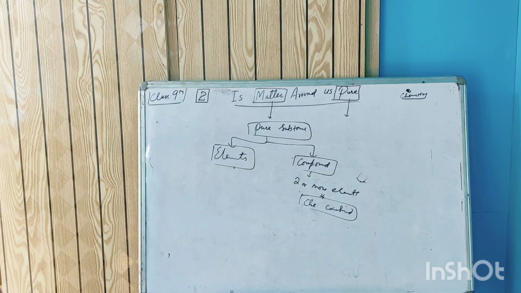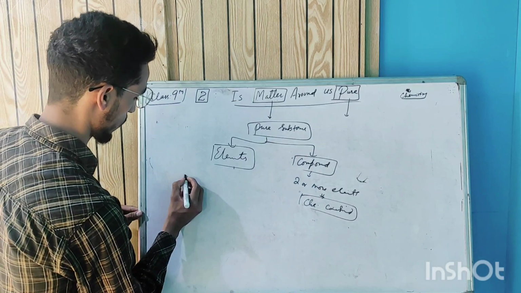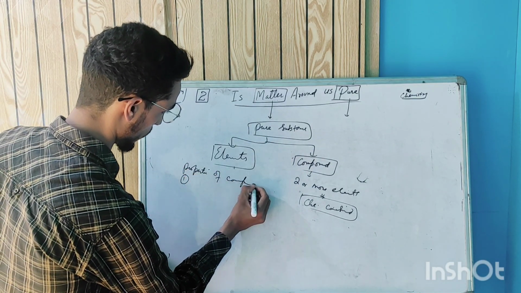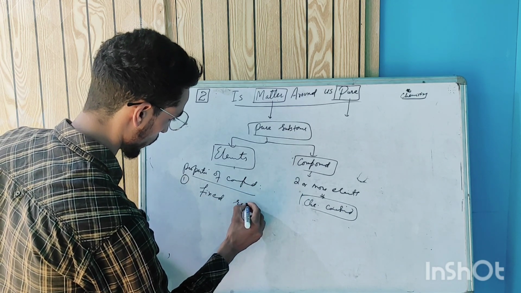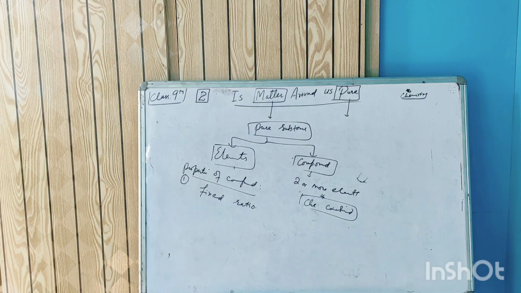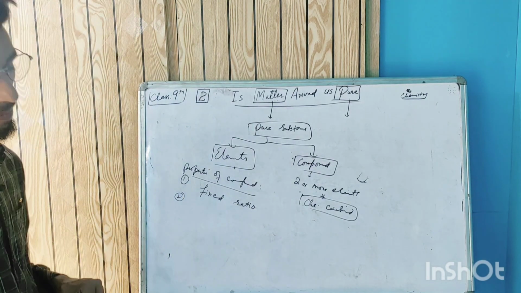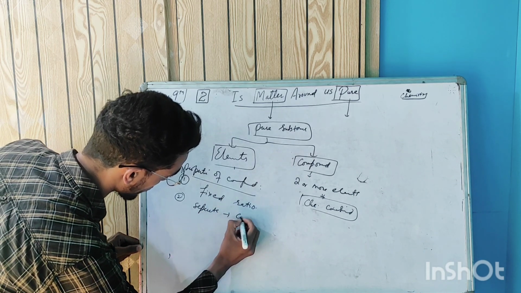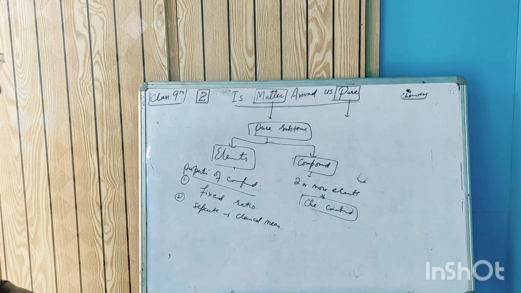The first property of compounds: elements in a compound combine together chemically in a fixed proportion, which we have seen here. Their proportion, their ratio should be fixed. And we can separate them into individual constituent elements, but by chemical processes. By physical means we cannot separate them. Just like water, we can separate it only by chemical means or methods.